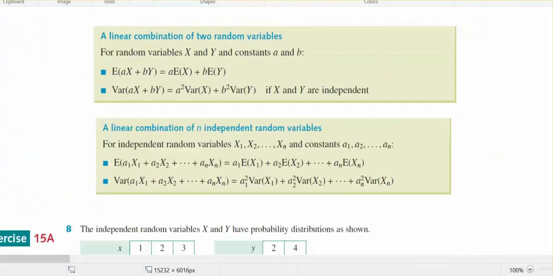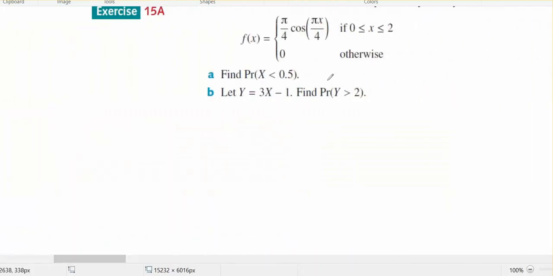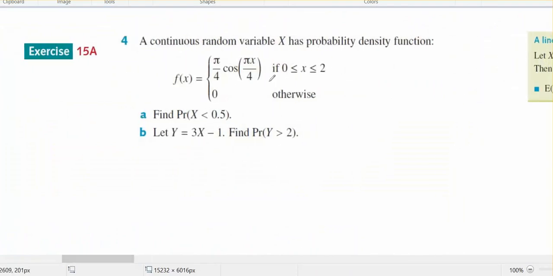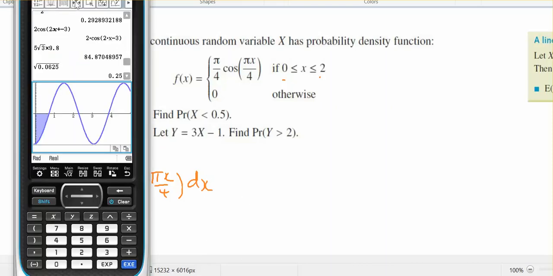Okay, so in 15A, we're looking at the linear combinations. And if I was to consider 15A question number 4, and you can see where this is coming from methods because this is a probability question. And if I was to find the probability that x is less than 0.5, then in part A, from 0 to 2 is this particular, so it's going to be the integral from 0 to 0.5 of pi on 4 cos of pi x on 4 dx. And on my calculator, that would give me